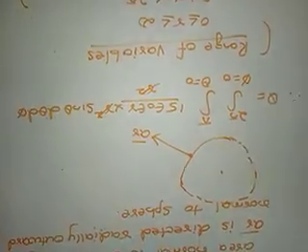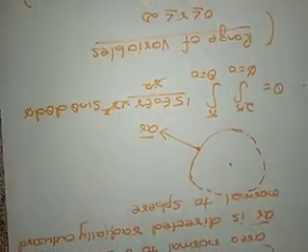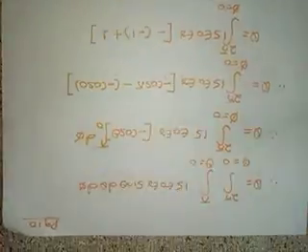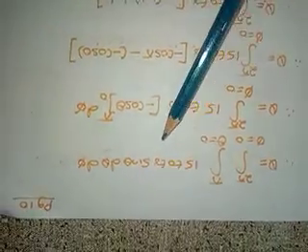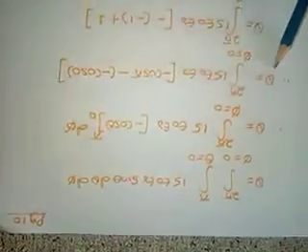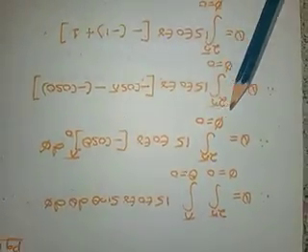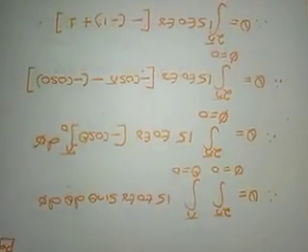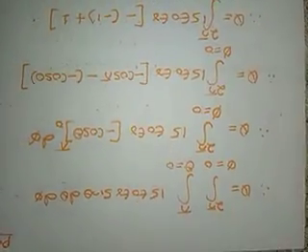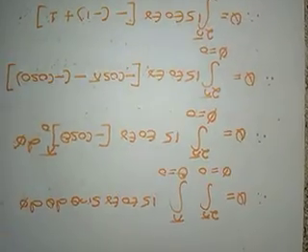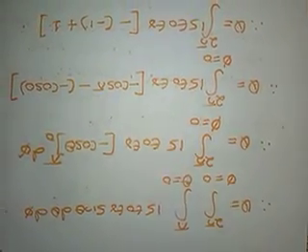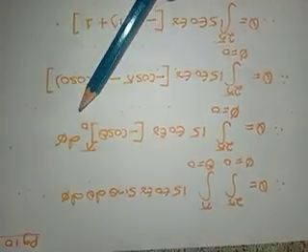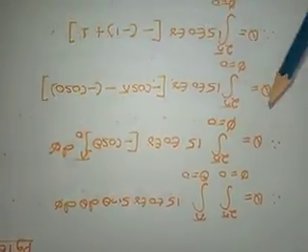r square and r square will cancel here. Then we get the equation for q as q is equal to the integration, phi from 0 to 2 pi, theta from 0 to pi, of 15 epsilon naught epsilon r sine theta d theta d phi. Or q is equal to the integration, phi from 0 to 2 pi, of 15 epsilon naught epsilon r. Now the differentiation of cos theta is minus sine theta, so the integration of sine theta is minus cos theta, over the limit 0 to pi, d phi.